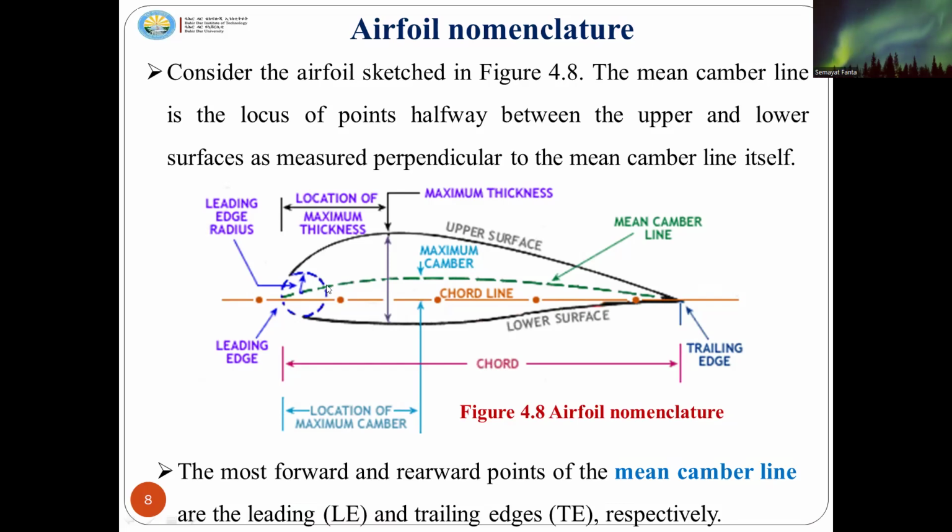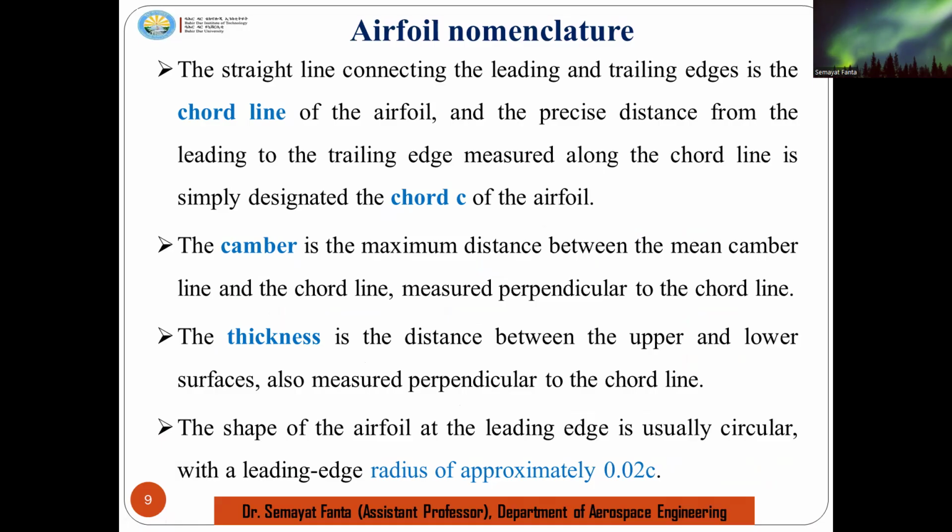We call that line the mean aerodynamic or mean camber line. So what is left now? These are some of the technical words which we use when we are defining the aerofoil. The straight line connecting the leading edge and the trailing edge of the aerofoil is called the chord line,